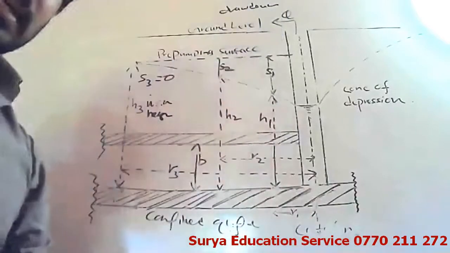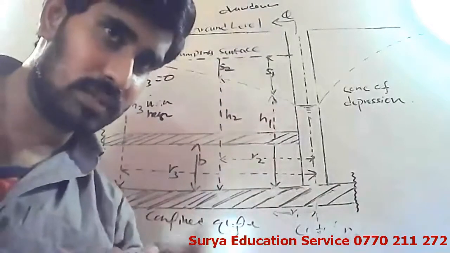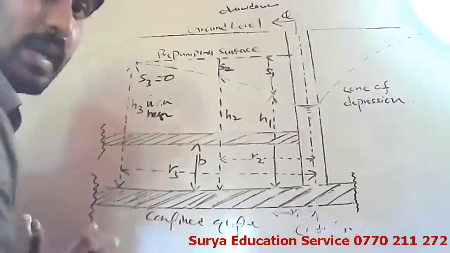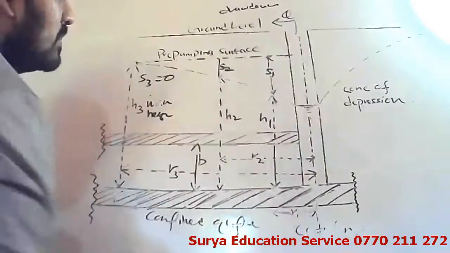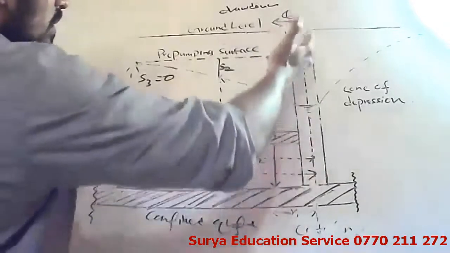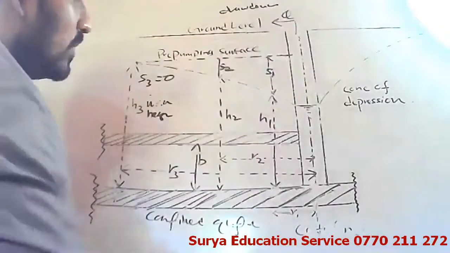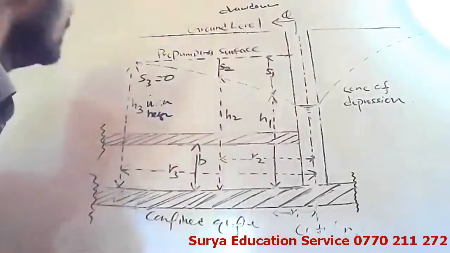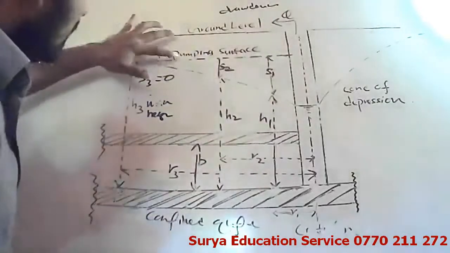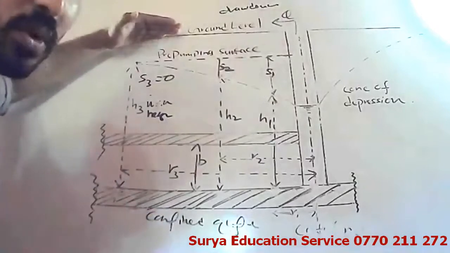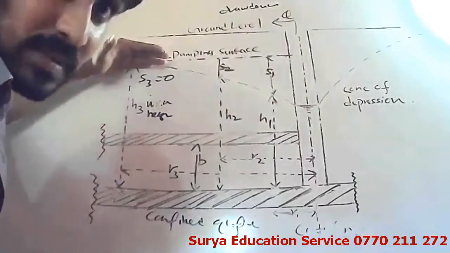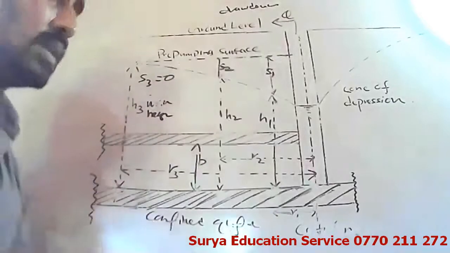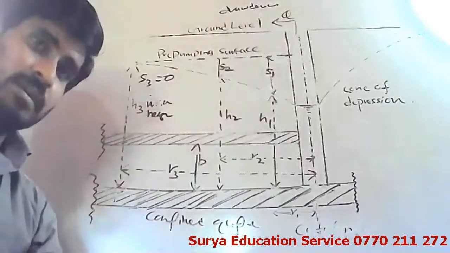Now, in order to teach you the rest of the parts, I can go directly to either the board or the screen. I think now you can very clearly understand the diagram. So this is the water level inside the well. This is the only well where we are going to take the discharge. Here we have observation well 1 and observation well 2, with no discharge, just to observe. Also be careful, these are two different surfaces: the ground level and the pre-pumping surface. Don't mix them up. The pre-pumping surface is different, the ground level is different. I think now you have the idea, right?